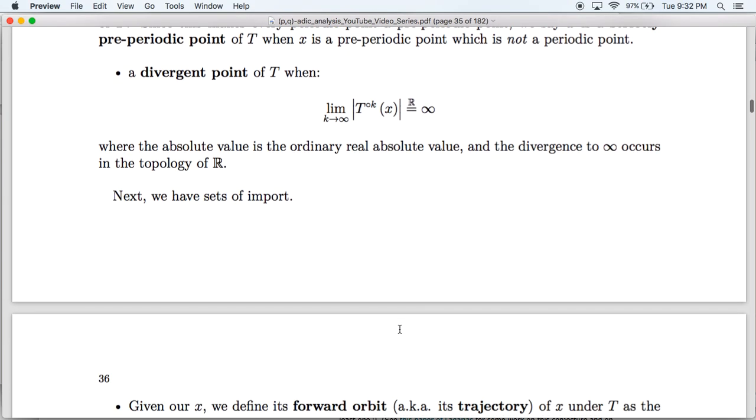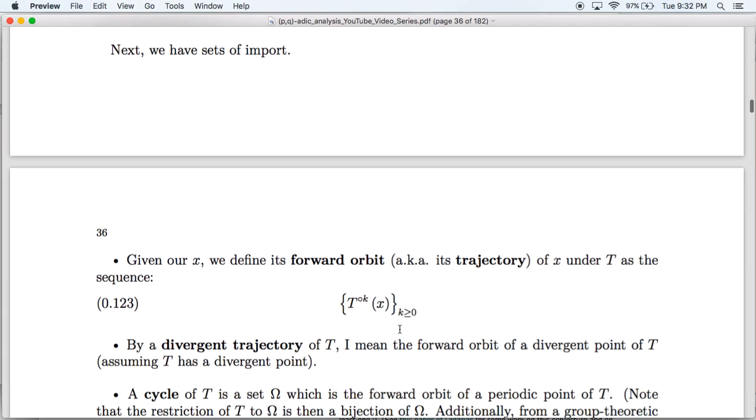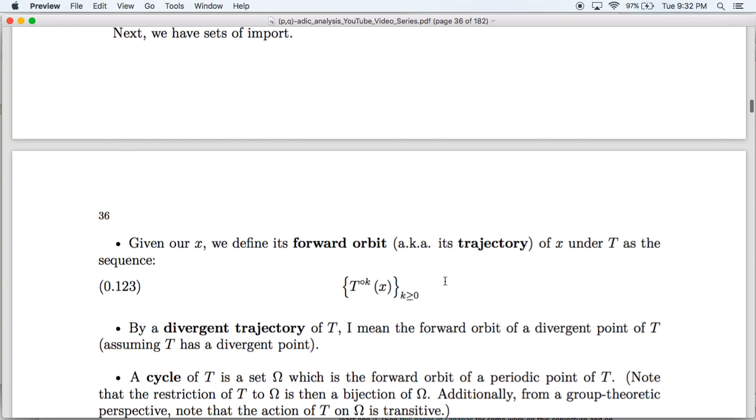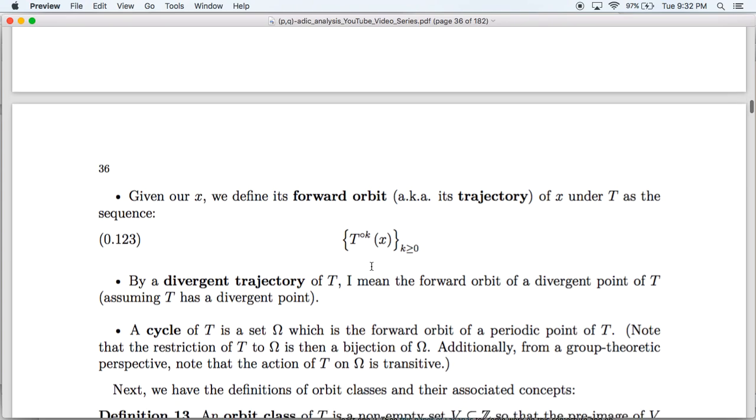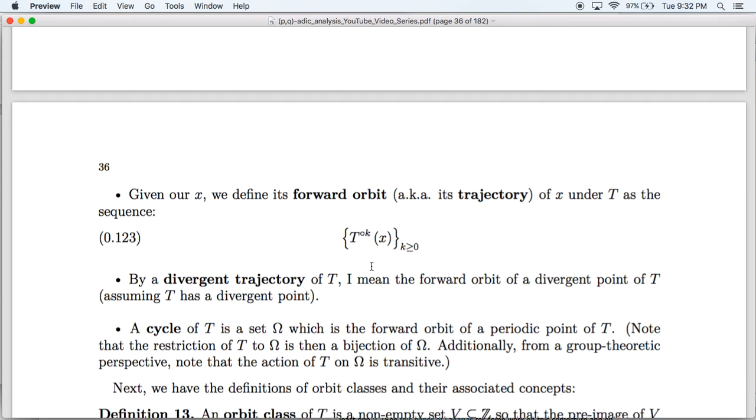Next, we have the sets of import. So, given our x, we define its forward orbit, also known as its trajectory under T, as its sequence of iterates. By a divergent trajectory of T, I mean the forward orbit of a divergent point of T, assuming such a point exists. A cycle of T, next, is a set big omega, which is the forward orbit of a periodic point of T. Note that the restriction of T to big omega is a bijection of big omega,